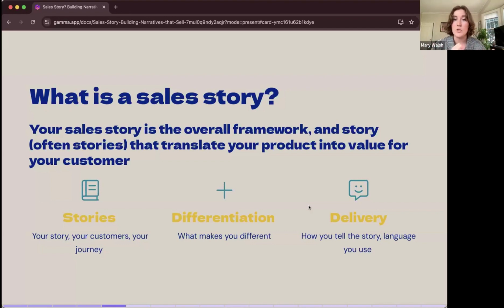So you can continue to do some of this work on your own and start to build that framework, or for those of us that have a pitch or a story that we've been using, start to reframe, refine, and repolish some of that. And then some activities as well on how you translate that into different types of storytelling.